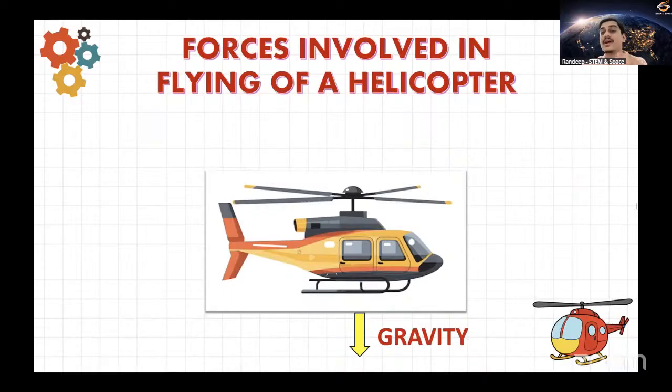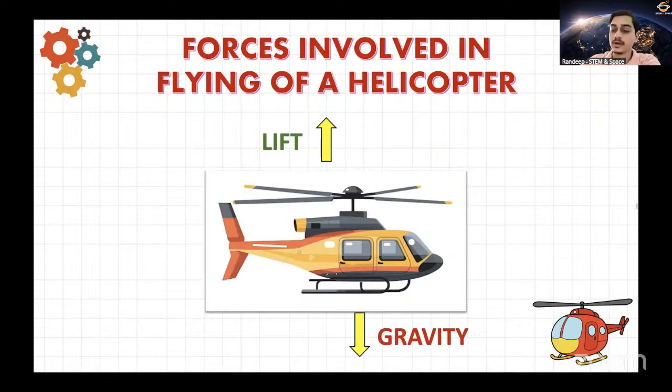All I've claimed is that gravity has some role which we have to at least counteract so that our helicopter goes up. Because if you divide the motion of the helicopter into two parts, then the first is that the helicopter needs to go up. That means it has to go against this gravity. And that's where the upward force comes, that is called as a lift. And the other motion that the helicopter has is moving forward. So first it goes up into the air and then it eventually moves forward.